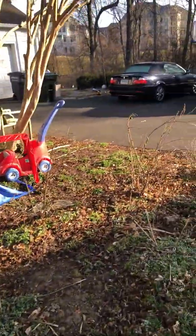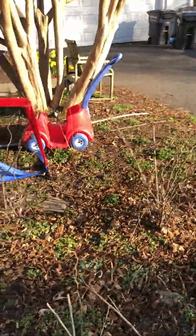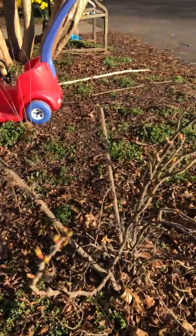Here are my rose hips. Yeah, we got some buds on them. And then over here,